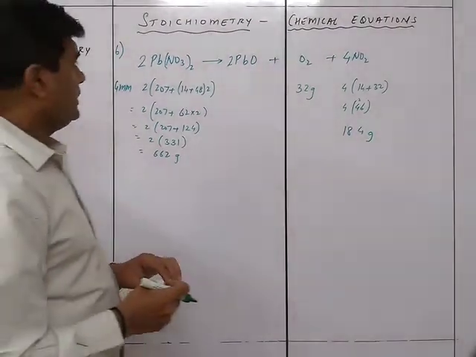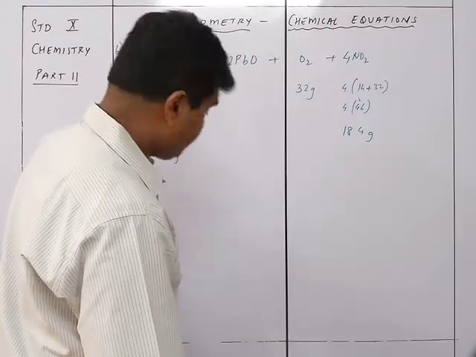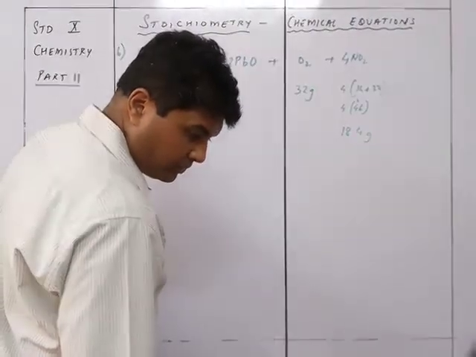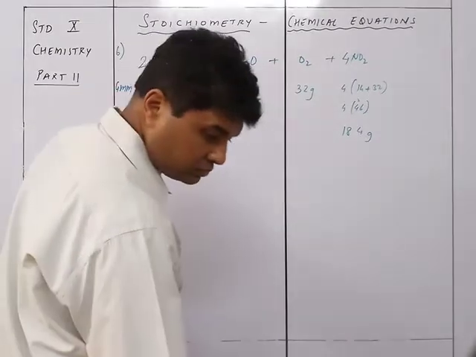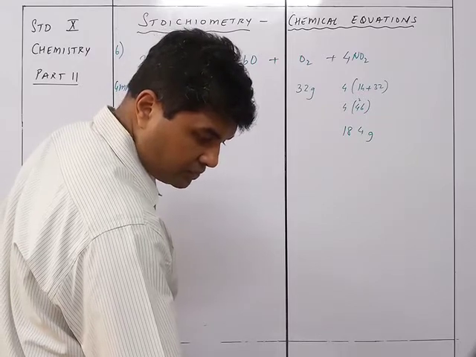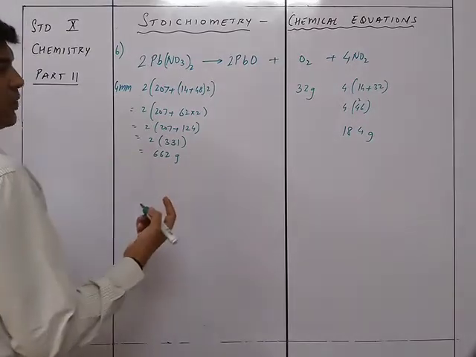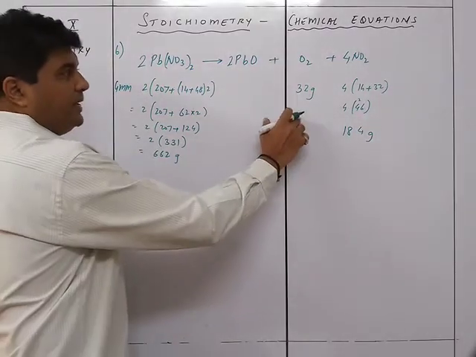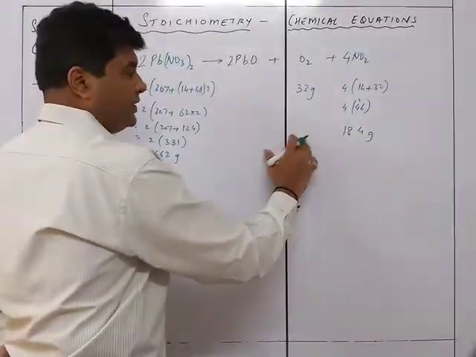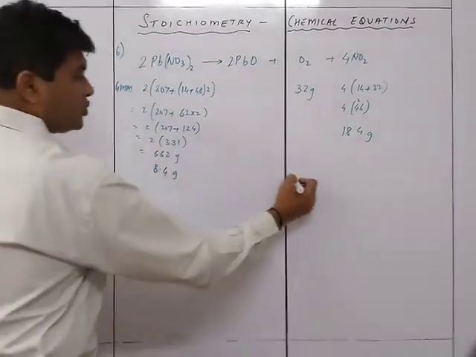Okay. Now we need to see that 8.5 grams is given. Now what we'll do is take only one of them, because we know that the volumes will be in the ratio 1:4 by Gay-Lussac's law. So we'll not take both of them together, we are just taking one of them. So this is 8.5 grams, and this will be X grams.